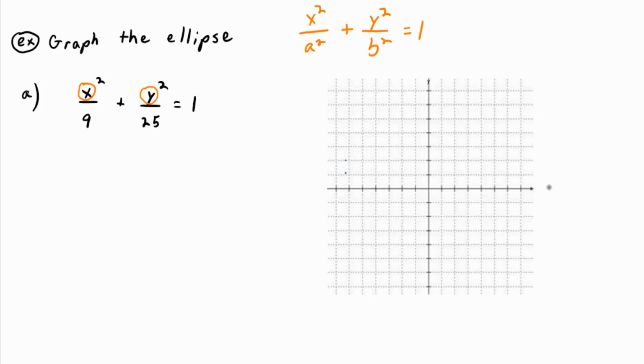From the center, you have to figure out, okay, how far left and right do I go to get to the curve that is the ellipse? Well, all you have to do to figure out how far left and right you go is you just take the square root of the number underneath the x squared. That's all you need to do. And so what's the square root of 9? It's 3. So you don't even have to think in terms of a or b squared. You just think the square root of 9 is 3. So I'm going to go left, right,